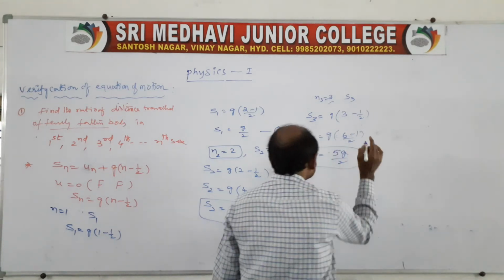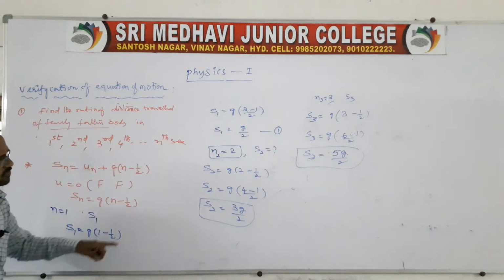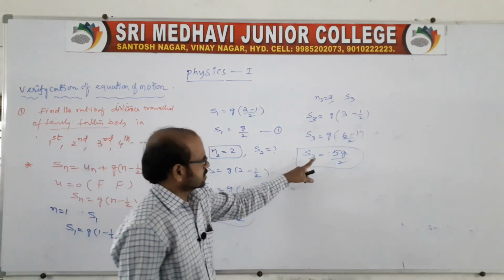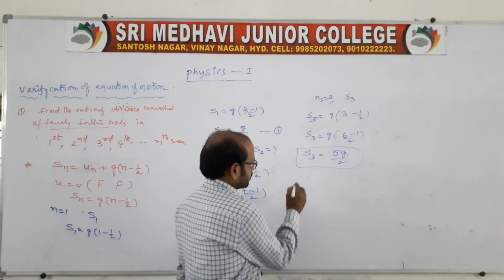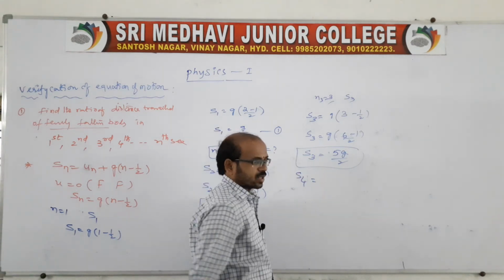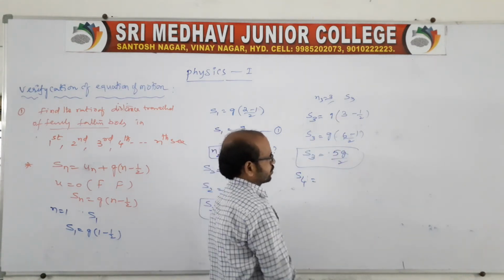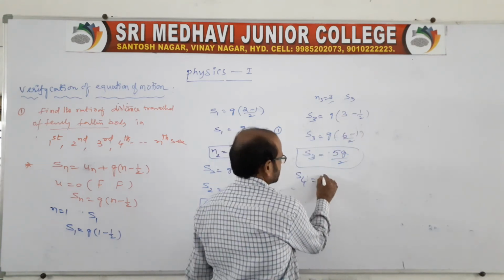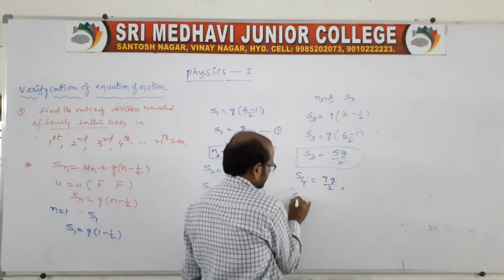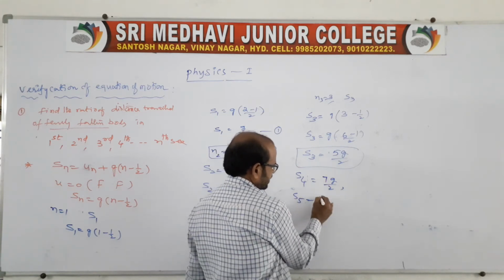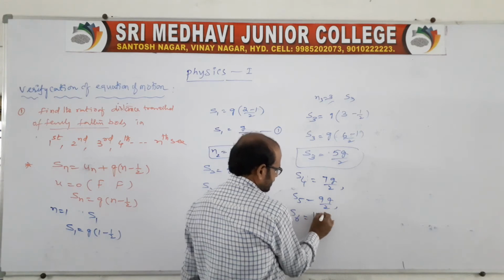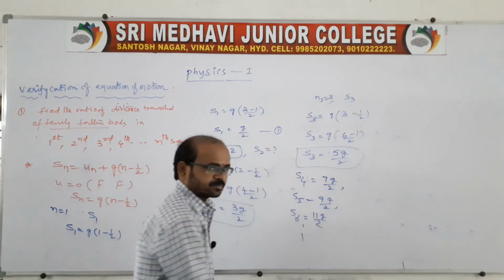Look at this once you observe it all. Here the first one is actually 1g by 2, the second one 3g by 2, the third one 5g by 2. What will happen next? Here we are getting odd numbers, no? Suppose you take a 4. So here, 4 you take, 4 into 2, 8 minus 1, 7g by 2, like S4. After 7 we may get 9g by 2, S5, then 11g by 2, and so on.